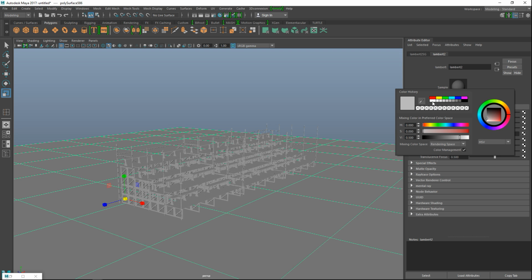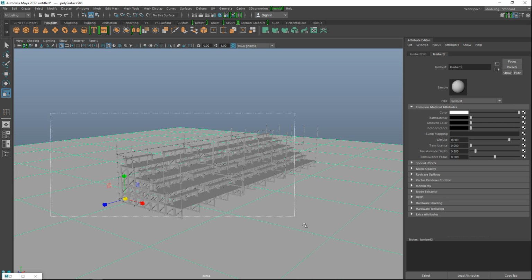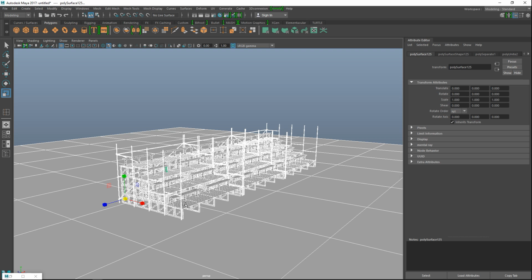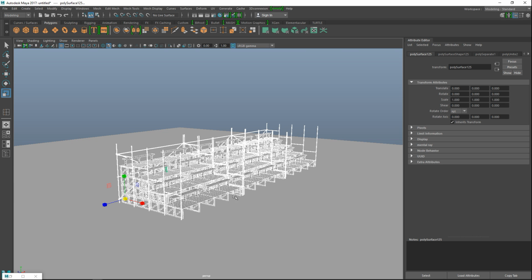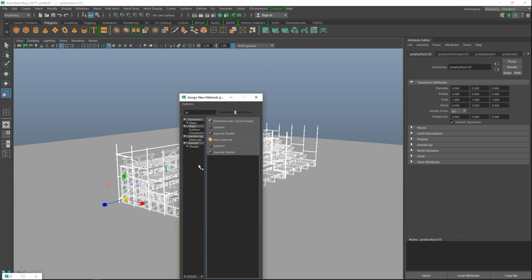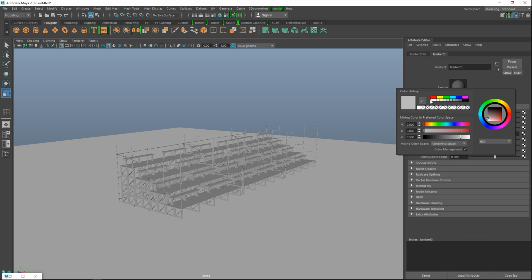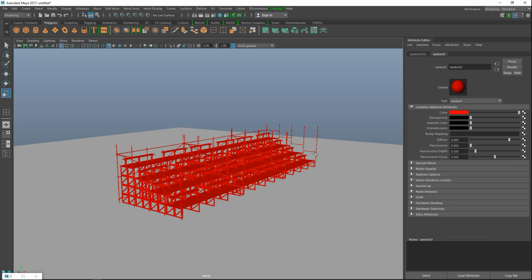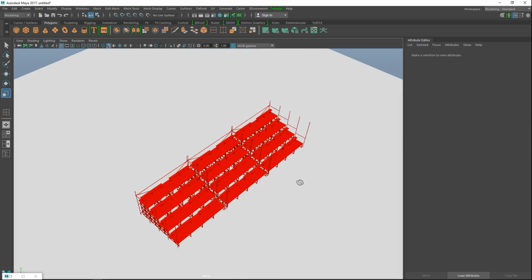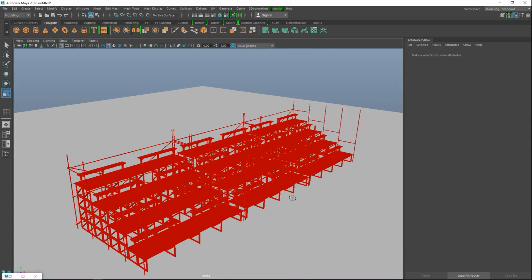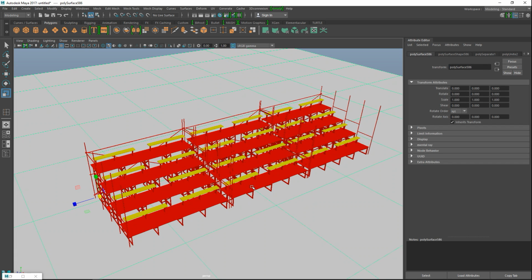and we'll do white. And then for our entire frame here, everything is going to be pretty much galvanized with the exception of the benches. So what I'll do is I'll select all of that, assign new material, Lambert, and we'll do a color ID on it. So I'll just do red or whatever, like so. And then I'm just going to go in and select all the benches and give that a different color. Okay, I'll just pause the video while I do that.